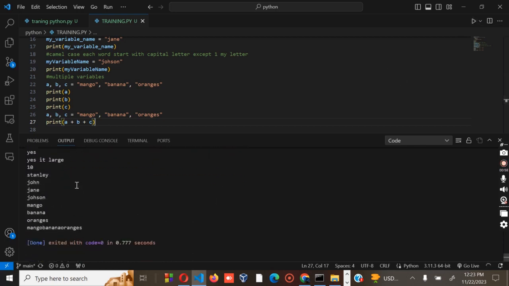Okay, you can see that I've now been able to print the mango, bananas, but you will find that they are all joined together. So in order to separate this, I will copy this one, paste, then go for the other one, bananas.